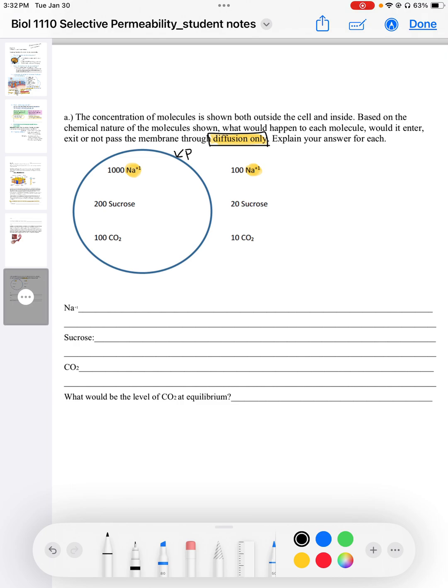Let me go ahead and just put that in here. So is it going to pass through? Well, in this case, it's not. So no, Na plus will not pass through the plasma membrane